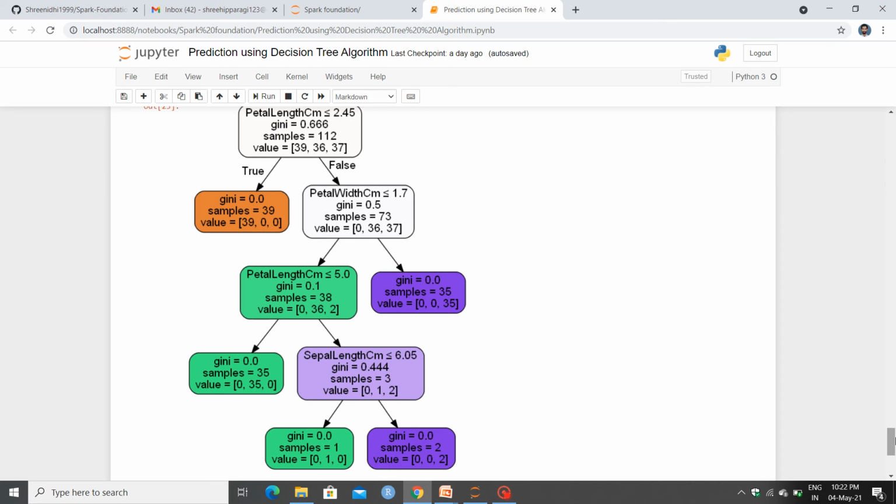We can see at the first block we have 112 samples, but the original dataset had 150, because we take out 25% of the original data while training the model. So we have 112 samples where 39 are of setosa, 36 versicolor, and 37 virginica.